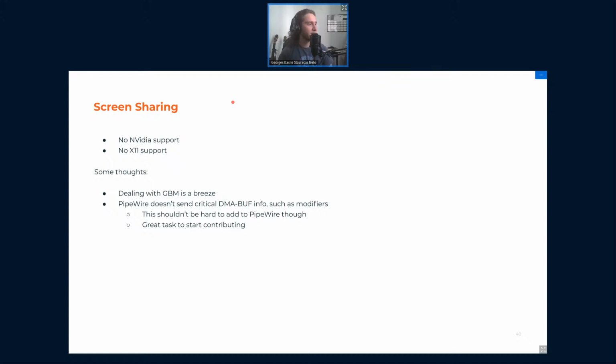So we have to use a linear XBGR8888 buffer with a linear modifier everywhere, which is super not optimal. But it does work, it's still orders of magnitude faster than downloading the buffer with glReadPixels or something like that.